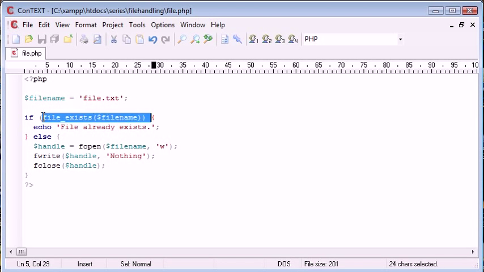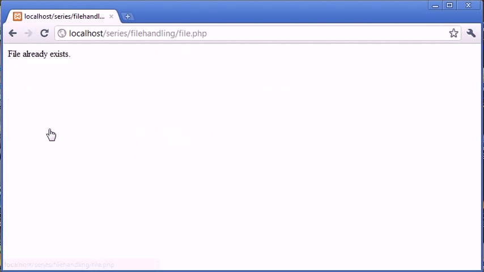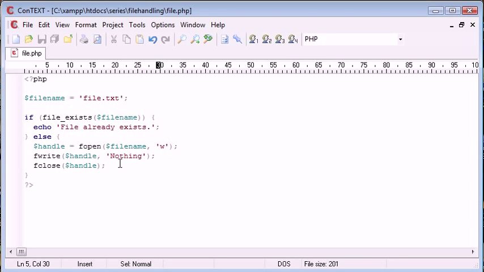So now we can see if this function is properly working. Well, we already know that it's working because we've run the second block of the if statement, but let's go and check it anyway. So it says file already exists. So this is the file exists function in PHP, really useful, like I said, when you're handling file uploads and you want to check if a file name already exists, just to ensure that you don't overwrite